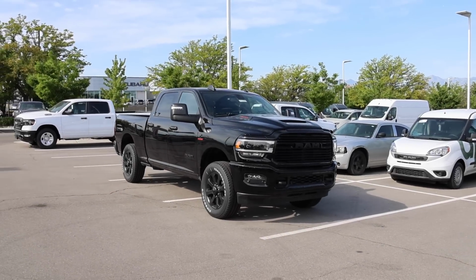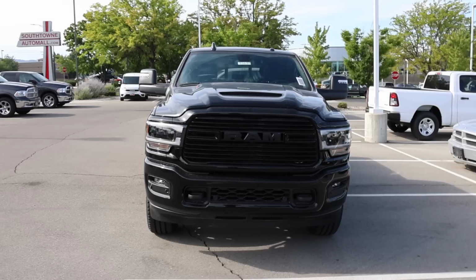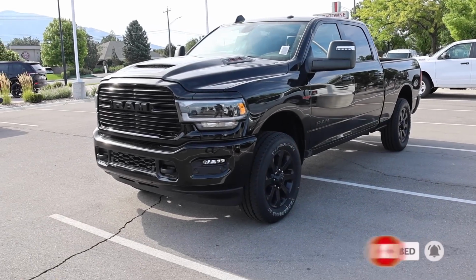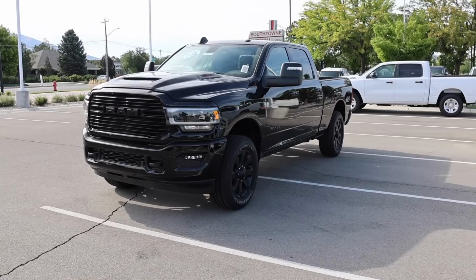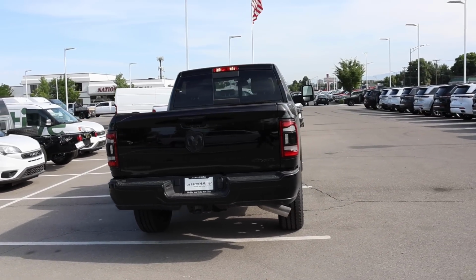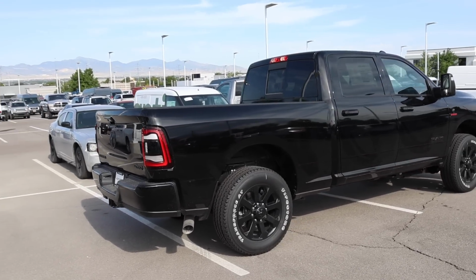I've been really excited about the upcoming Ram HD true 5th Gen. And I remember back in 2019 when I picked up my Ram 3500, a lot of people were asking me, when do you think they're going to actually do a true redesign of the truck? I had said, guessing, maybe 2023. And here we are in 2024, and there doesn't look to be any changes for 2024 that you can really